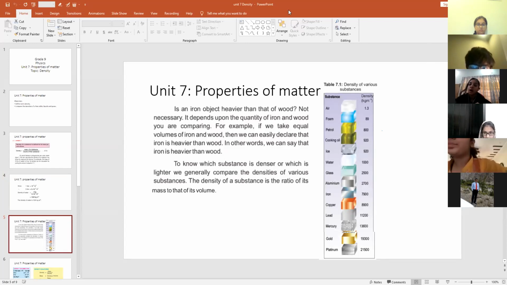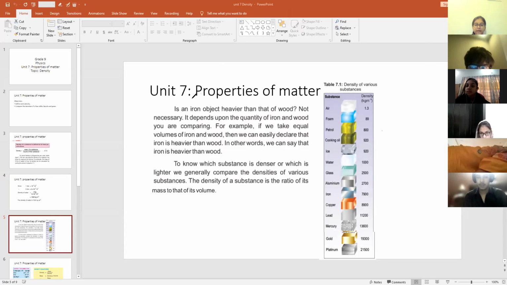So we can easily compare the densities of two objects, right? Let's say we have two objects, one can be iron and the other can be wood. If you just think about which object must be heavier, iron or wood, it easily comes to your mind that iron will be heavier as compared to the wood, but it's not true. It will depend on which object has more mass and which object has more volume.